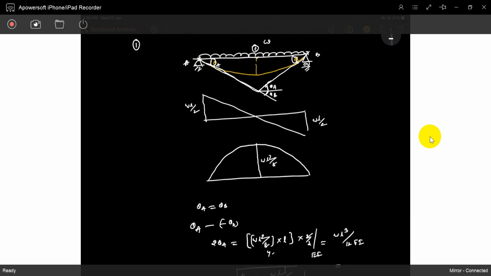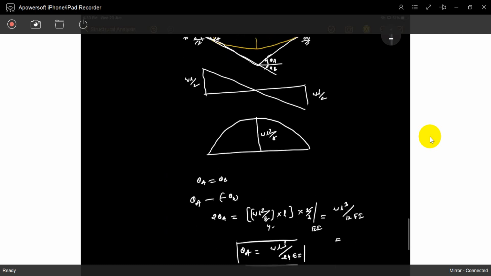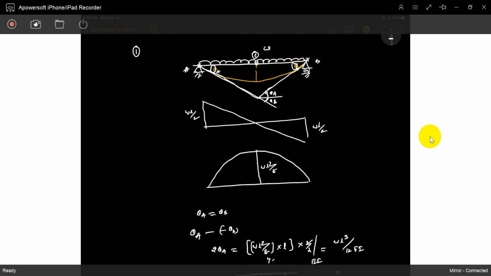My interest is not explaining the first theorem. My interest is explaining the second theorem. If you want to find the deflection at point C, how can you find it? Once again, remember that I will choose the deflection at point C, and I will choose the reference point as A. The deflection at point C with respect to the point A.